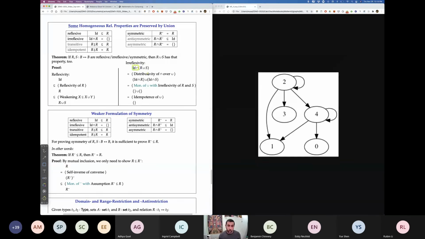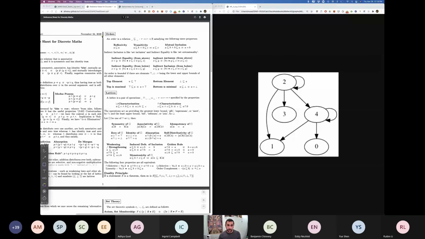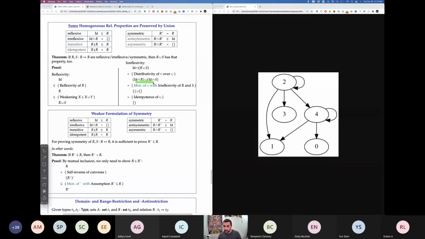are there any? Well, we know that and distributes over or, as always, right? So I can distribute identity and R or identity and S. So even though it's union and intersection, you can still think of these as and or because they satisfy the same interface that we talked about a while back. They both satisfy this so-called distributive lattice interface. Okay, so if you think of them as and or, you remember you can distribute, and now you say,